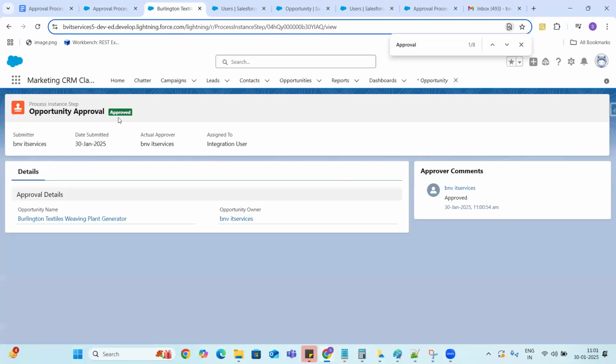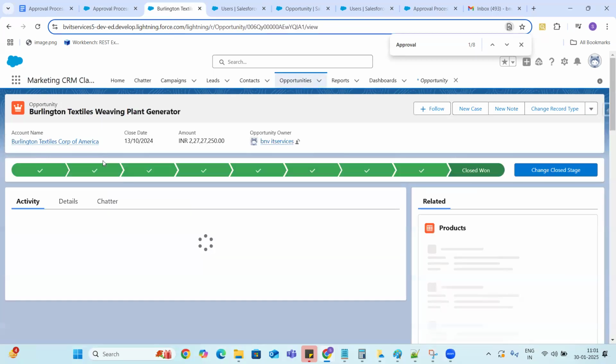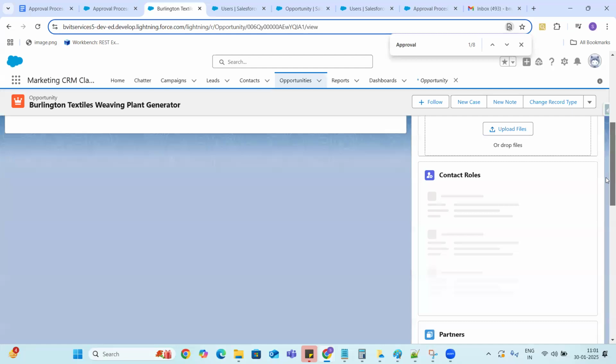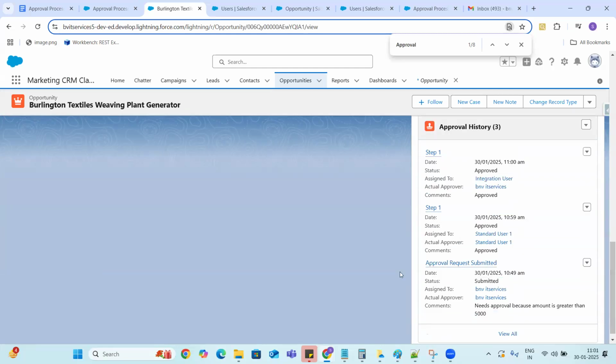But now I have just approved it. So if I see my approval history, now I can see two users have to approve and both are approved. Here it says, guys, actually it should get approved by integration user, but the actual approver is BNB IT services user.